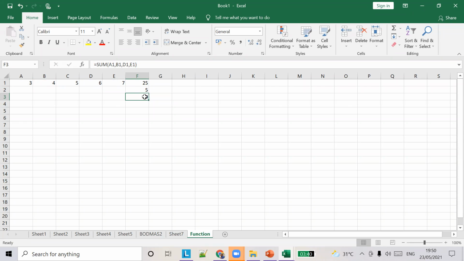See, the range is a continuous set of elements. If I don't want to add C1 and just want to add A1, B1, D1, and E1, then with a range you cannot exclude C1, but with comma separated values you can exclude C1.